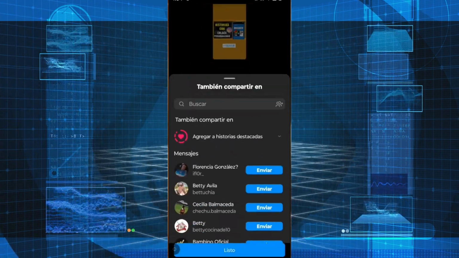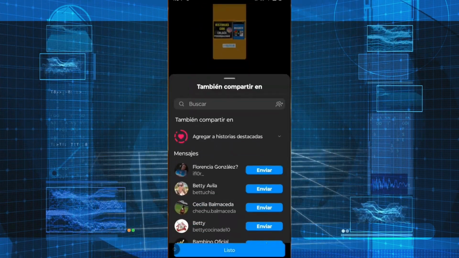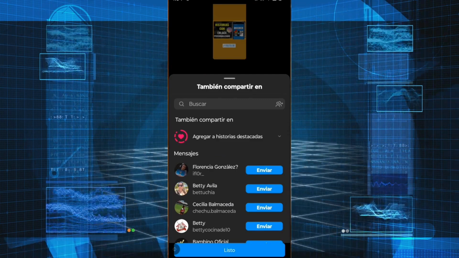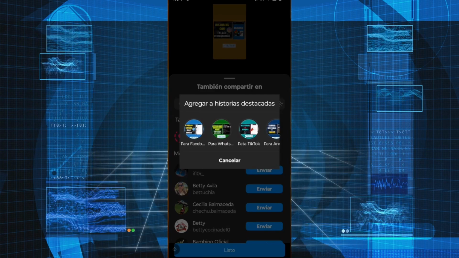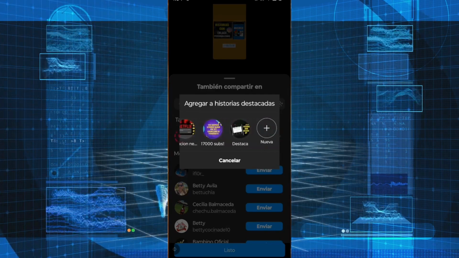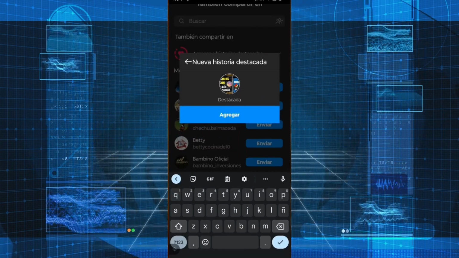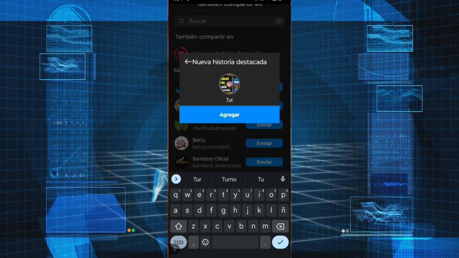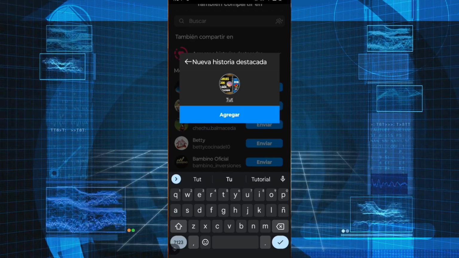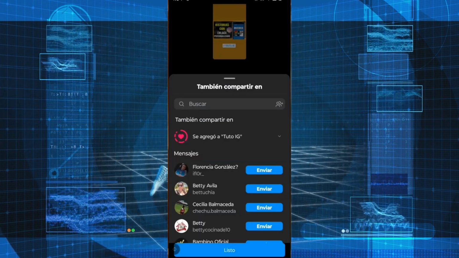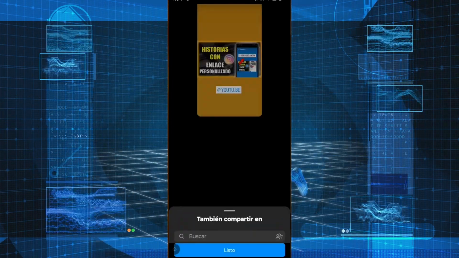In this option, we will see a button that allows us to add this new story to the featured story section, either from a folder we have created or from a new category or folder, however you want to call it. This will also allow us to assign it a specific name. Let's just name it Tutorial and Guide, and then tap on Add. After that, we tap on Done,